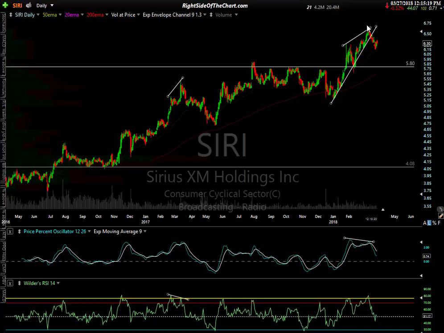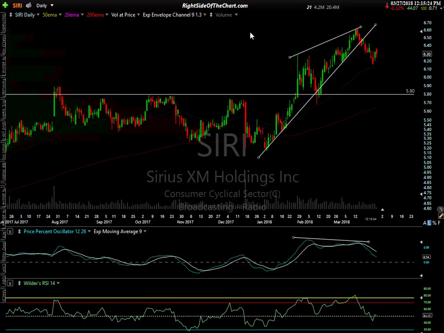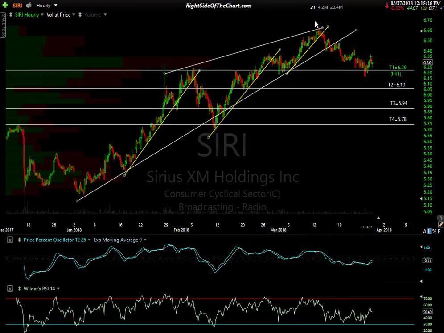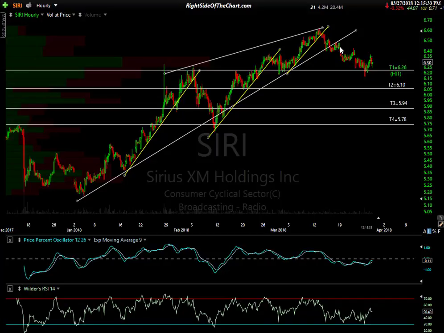There's your negative divergence. We had a breakdown, very impulsive move so far. Kickback rally. This to me looks like bear flagging action. On the 60-minute chart, you can see we hit the first target. We had a reaction. There was a lot of momentum in the markets then, so we overshot that target by